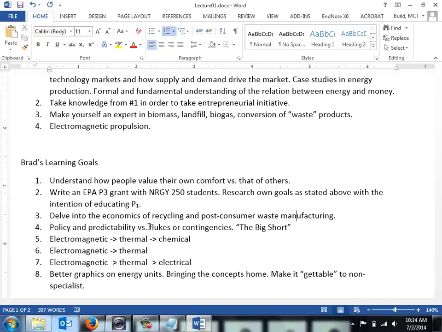bigger world. I too want to delve into the economics of recycling and post-consumer waste manufacturing. We are planning on starting a recycling technologist tier, so we're going to add a recycling technology. We've got about $130,000 to spend on recycling equipment. I want to sit down with Eddie Stan and say, gosh, what if we got an actual grinder and a cleaner and an injection molder? Could we start doing some small-scale injection molding, manufacturing in Missoula?